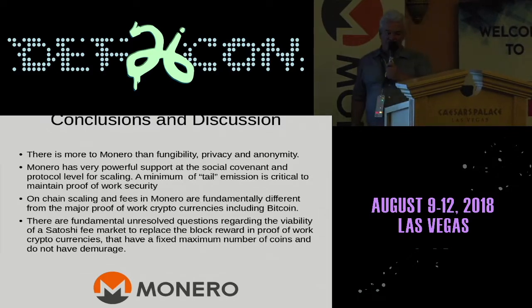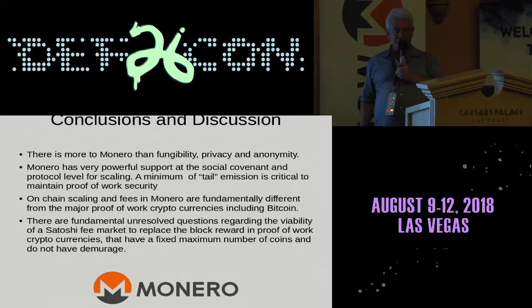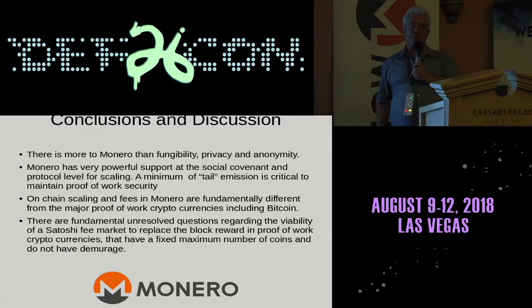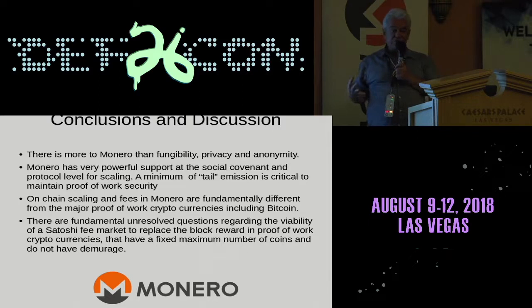Personally, I have a lot of concerns with proof of stake. And the reason I do is because even without looking at things like the nothing-at-stake problem and all the sort of traditional things, it's a very basic attack on proof of stake. And what that is, you borrow the coins. Proof of stake is based on the concept that the owner of the coin is also the beneficial owner of the coin. Well, that's not the case.